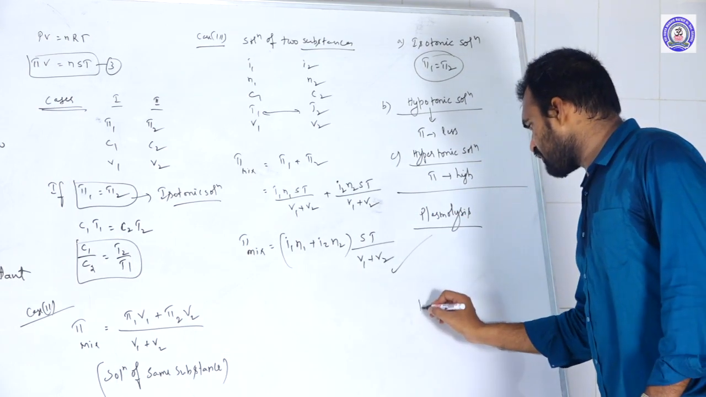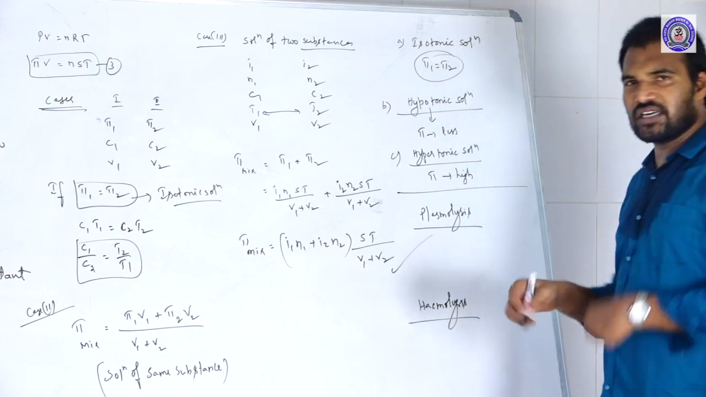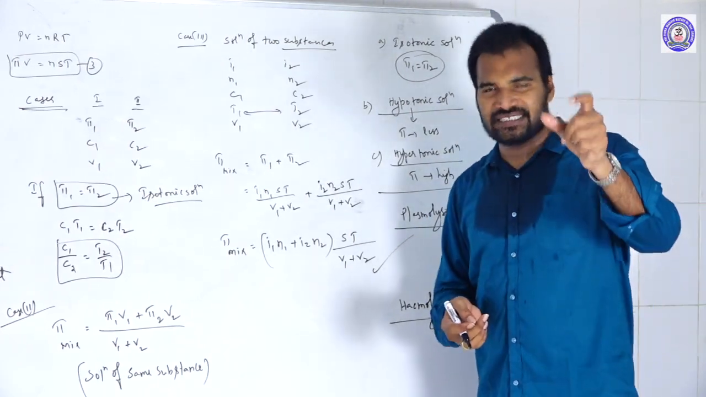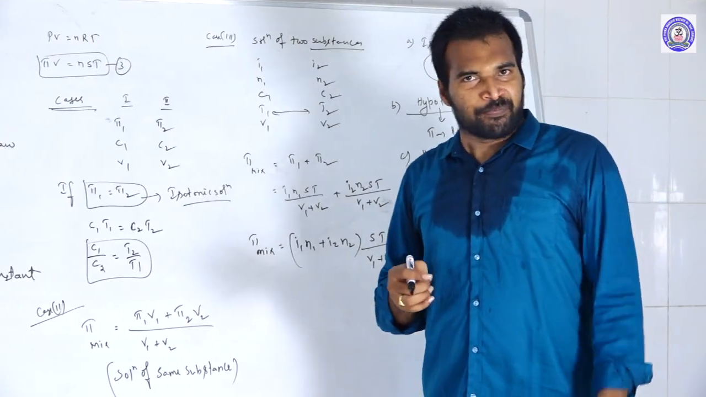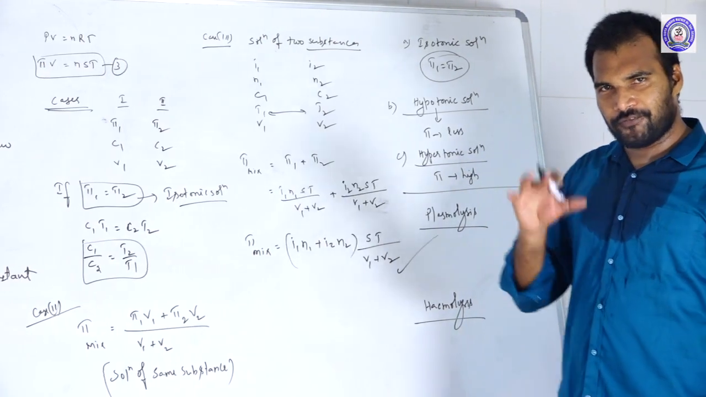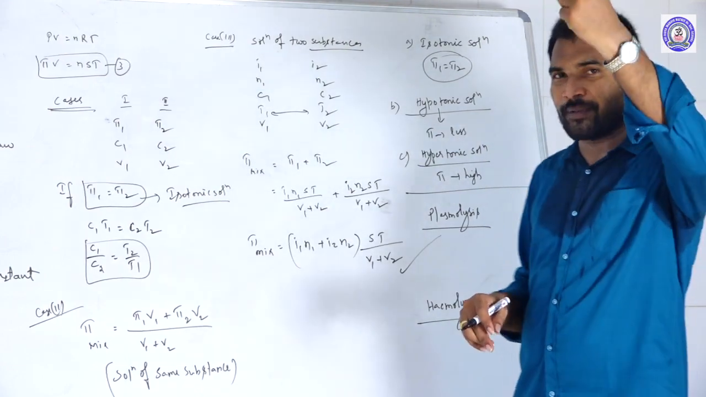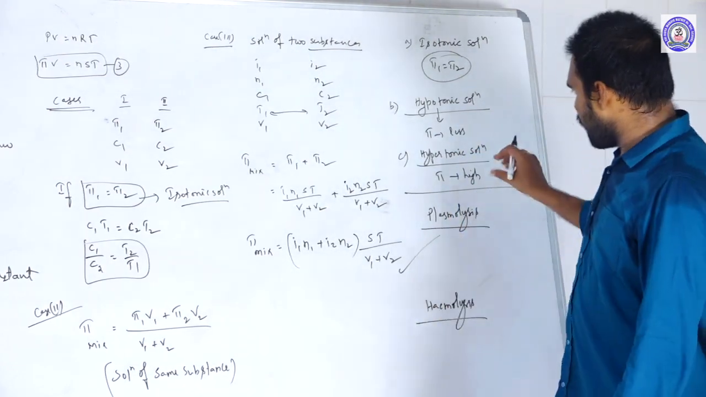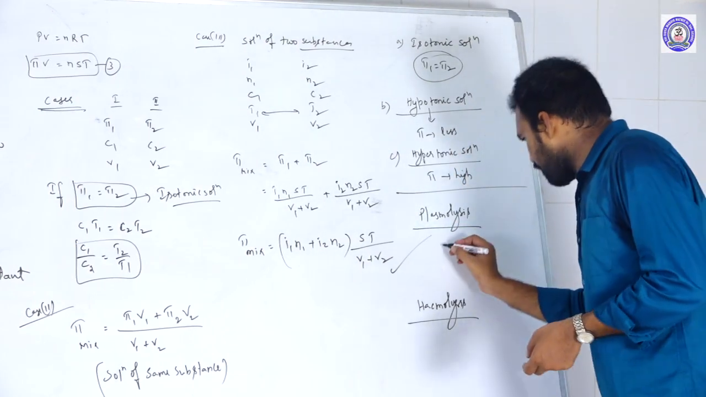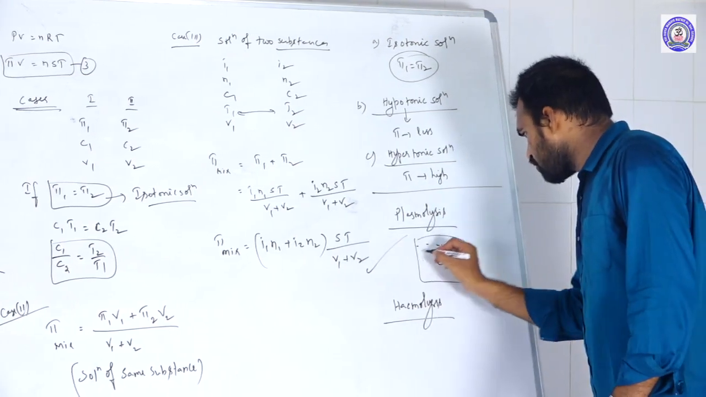Plasmolysis and hemolysis. What is plasmolysis? Plasmolysis is nothing but, for example, you take a blood cell. If you keep the blood cell in a hypertonic solution, which has high osmotic pressure, so osmotic pressure is higher means the concentration should be very, very high. So if you keep the blood cell in a highly concentrated solution,